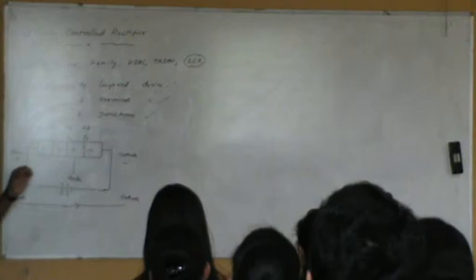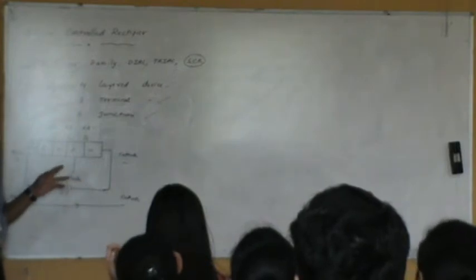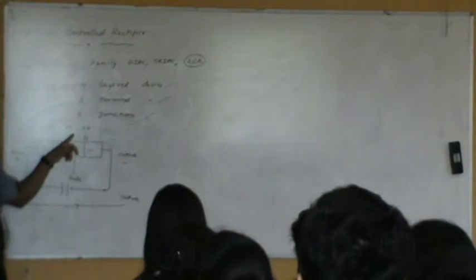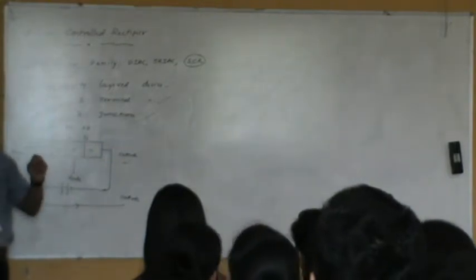Suppose there is a current, but it is not a majority charge carrier current. It is a minority charge carrier current. A small current will be flowing through this because the middle junction J2 is reverse biased. Because of that, you get leakage current, which is a small quantity. The resistance offered will be very large because the device is off. Unless you apply gate voltage here, the device will not conduct.